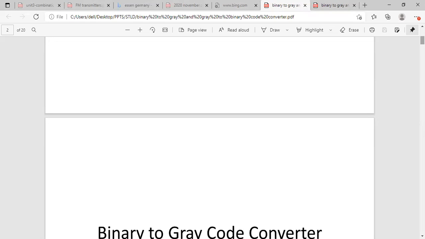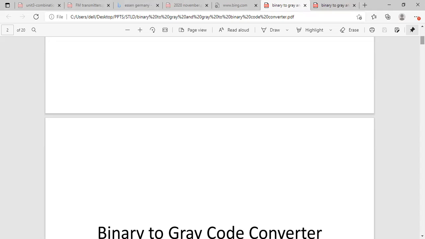First, you have to read the given problem statement clearly. From that problem statement, you have to identify the number of input variables and the number of output variables. That is the second step.